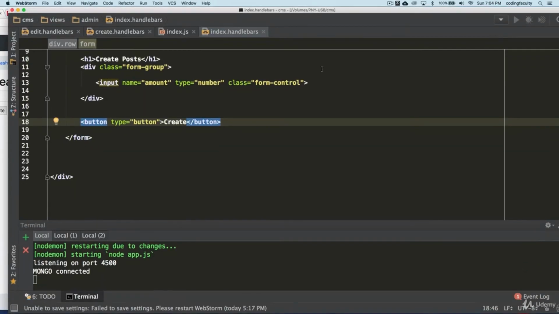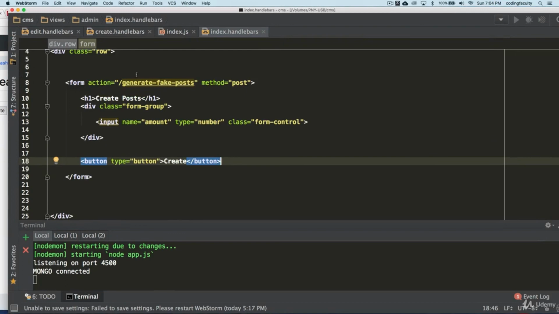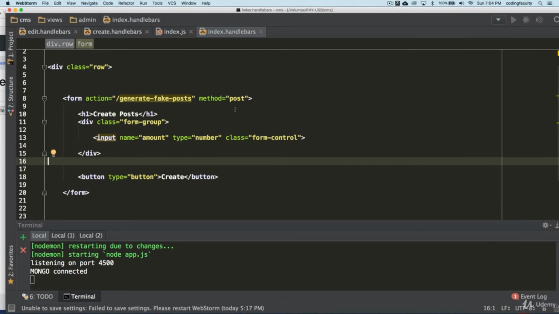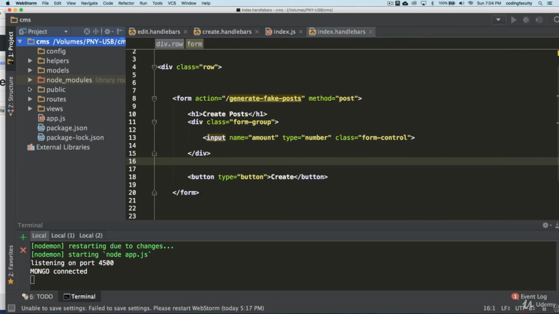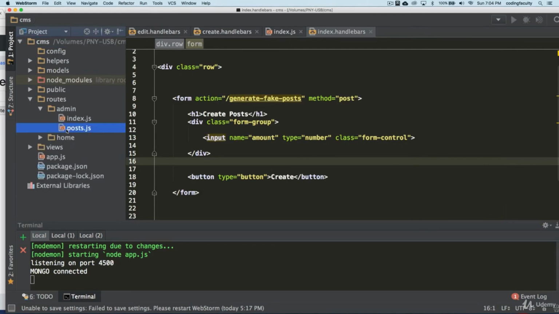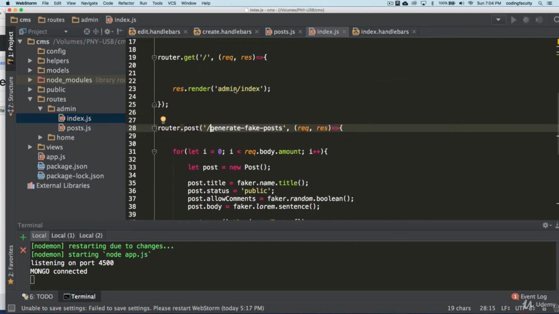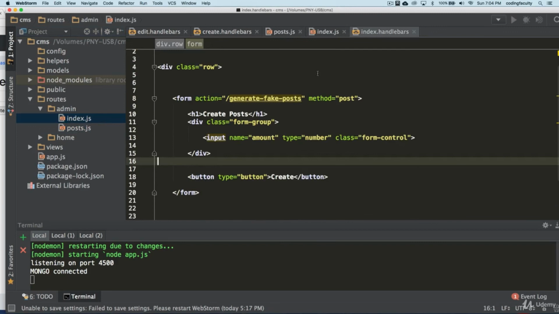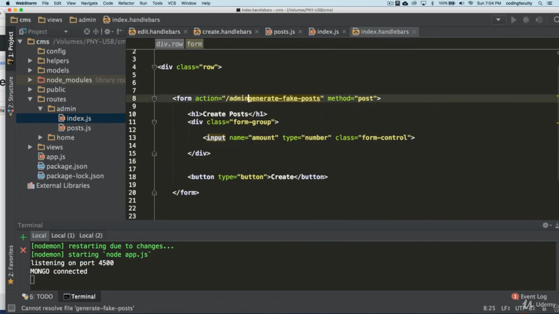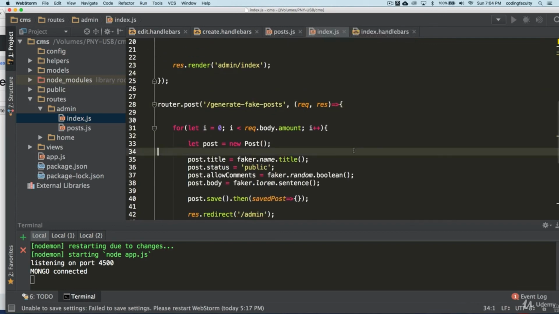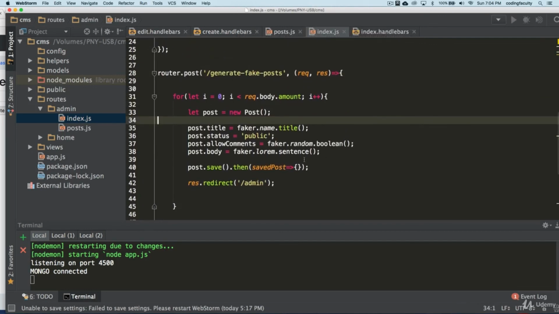Let's come back here real quick. This form is not really doing it for us. I'm forgetting something here really important. Let's go back to the routes. Let's go here, right here. Oh, our form, let's go back here. Our form is not really going anywhere. It's supposed to go to admin at generate. Okay. And let me see if I'm forgetting something else here. I had a feeling that I was forgetting something, but there we go.